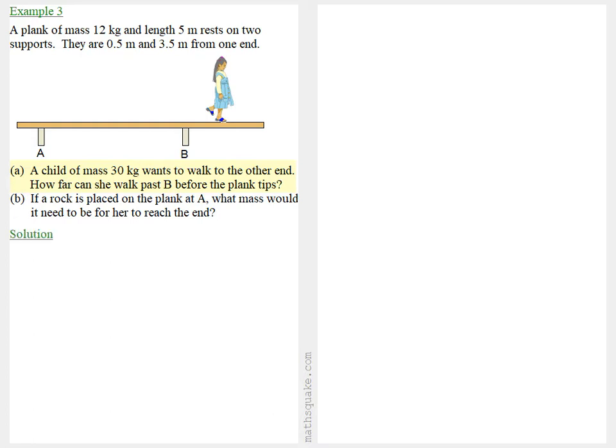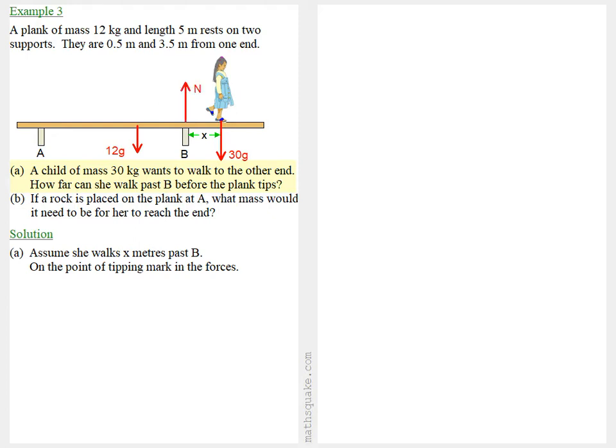Well, to solve this, we'll assume that she walks X meters past B. On the point of tipping, mark in the forces. Now the first force is the girl's weight, and that's 30G. There's also the weight of the plank, that's 12G. There's a normal reaction at B, but there's no normal reaction at A because the plank is on the point